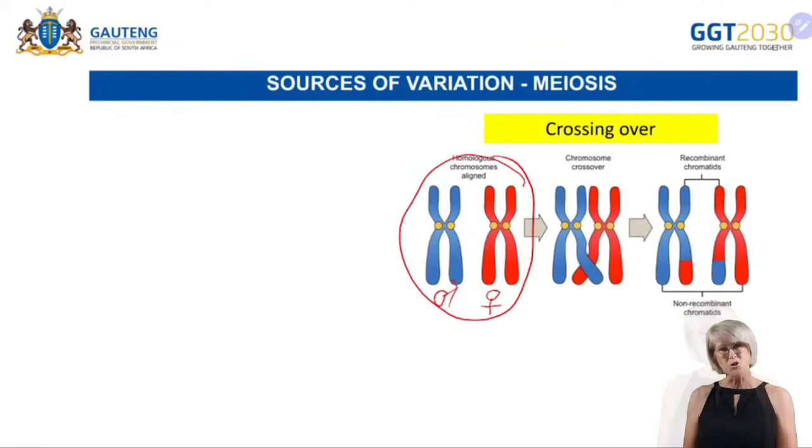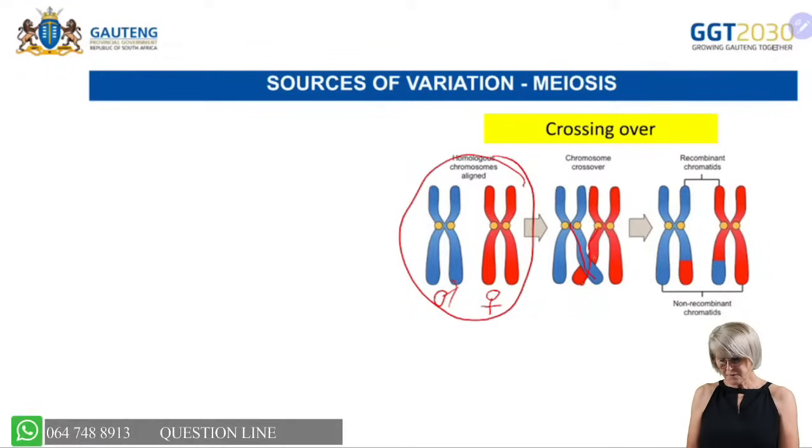During prophase 1, the chromatids of each homologous pair physically cross over. And the point at which it crosses over is the chiasma, and once the crossing over has taken place, this chromatid is not purely paternal anymore. There is a bit of maternal DNA there, and on this side there's a little bit of paternal